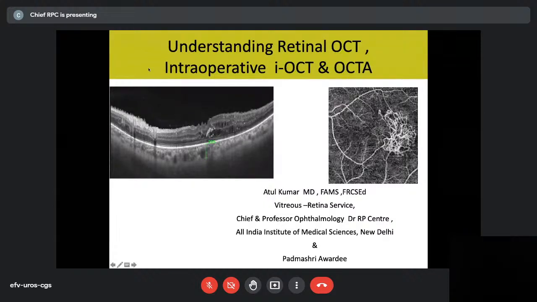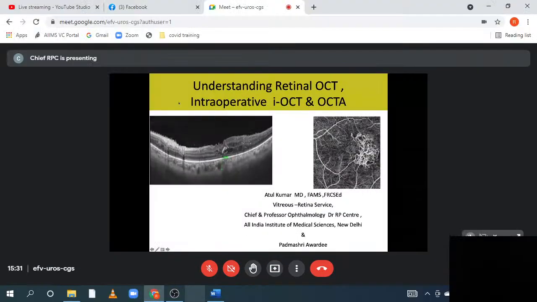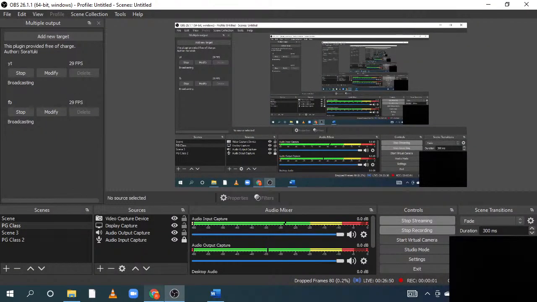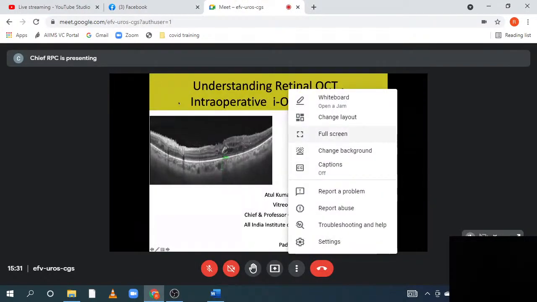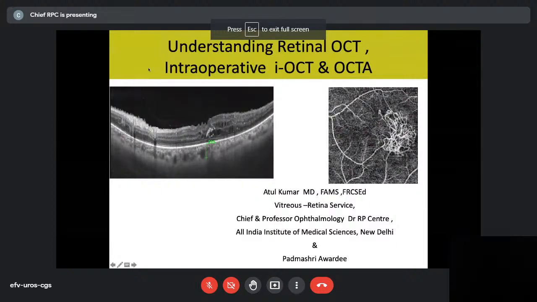This lecture, teaching class as we say, is going to talk about some important imaging modalities for the retina. As you can understand, imaging has undergone a major revolution for retina. Things we never expected to see, we are now seeing in great detail with multimodal imaging, because we connect up the OCT, OCTA with the color picture and with the ICG wherever required. So we get composite images which we study with the residents and me.